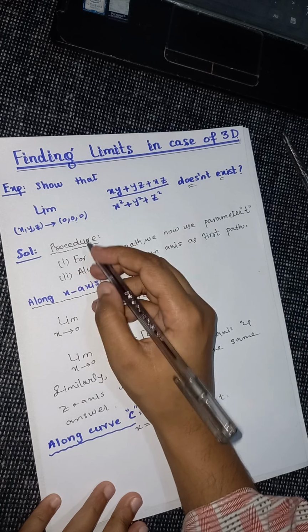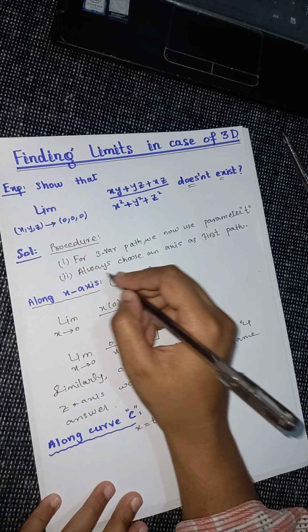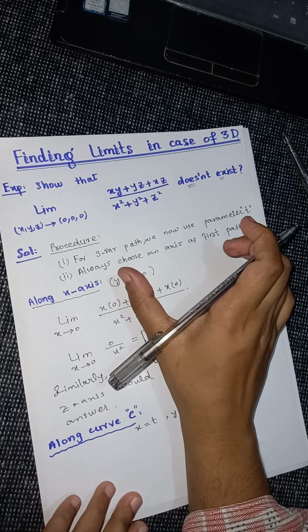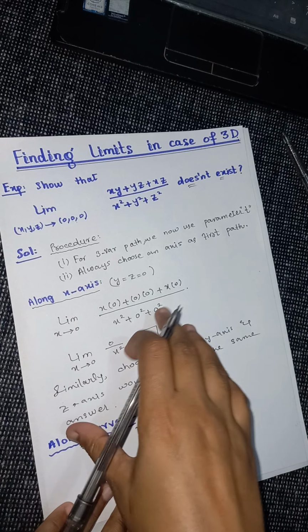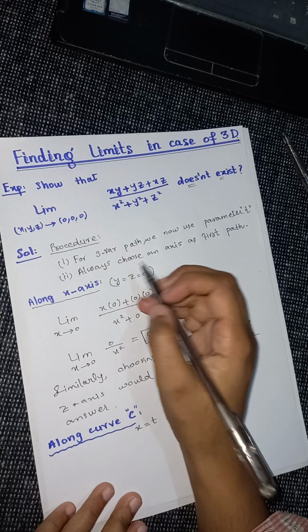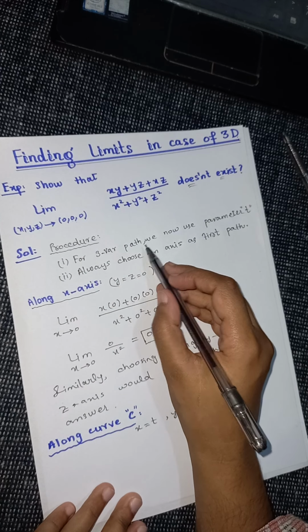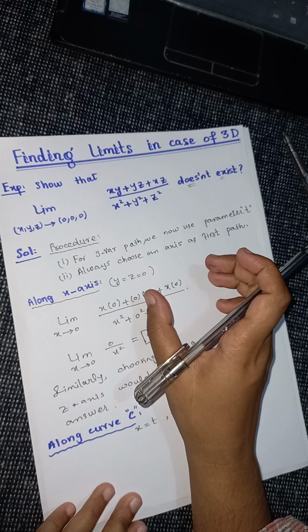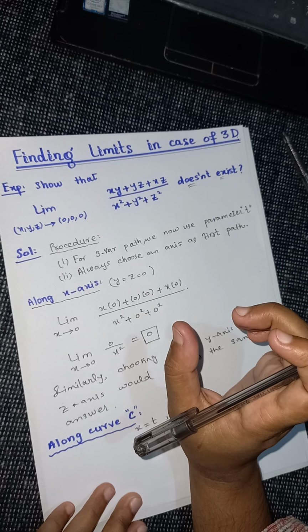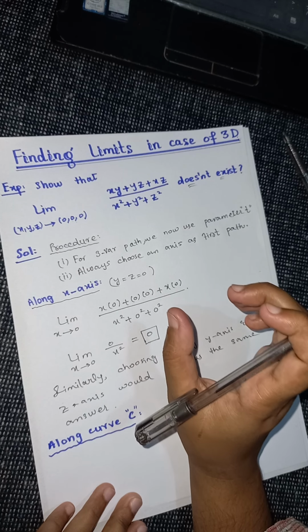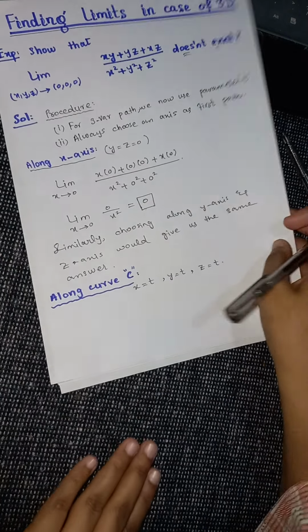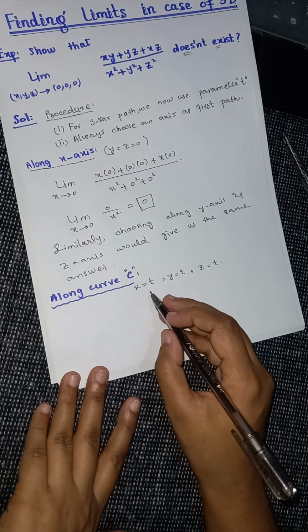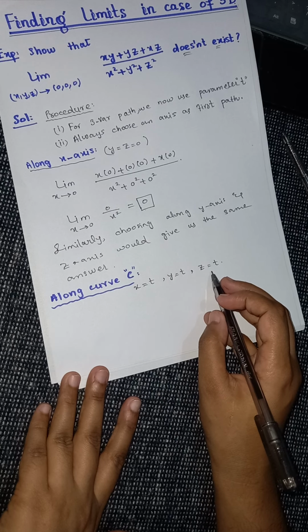As I already explained, always choose an axis as the first path. Actually I have to give it number 1, because our first step is to choose along our axis, and then if that doesn't work for us, we have to choose the path where we use the parameter t. But the selection of parameter t depends upon your function. For example students, let me explain it. If I choose x equal to t, y equal to t, z equal to t,